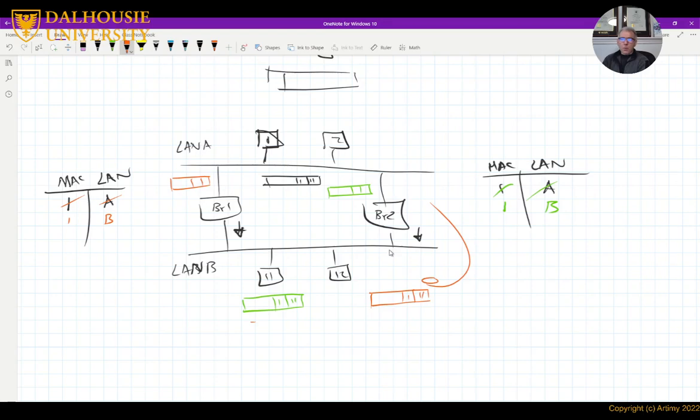I would say, okay, why are we putting loops or bridges in the first place? Well, this scenario is useful for redundancy. It's useful for reliability. What if one bridge fails? I'll have another bridge to connect between the two LANs.